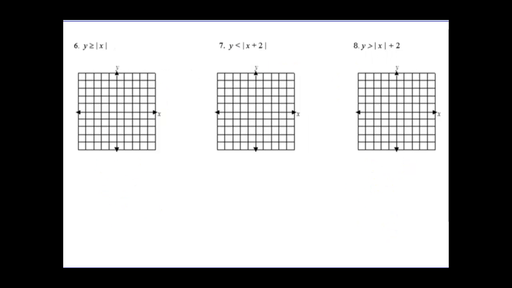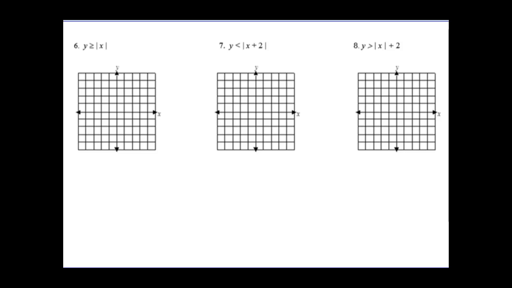Moving on to a little more complicated now. Not necessarily linear, but we're looking at absolute value. If you remember, yes, absolute value is a V shape. So all 3 of these graphs are going to be V shape, but they're going to involve solid and dotted lines and shading. So if we start with the first one, if you remember from, I believe,